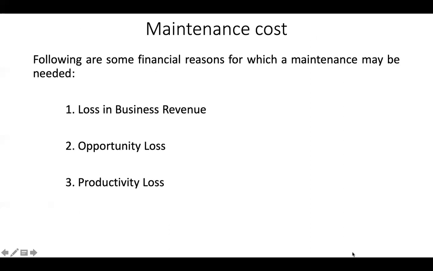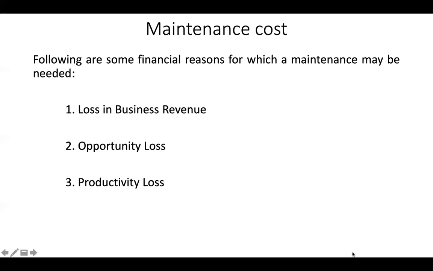Having seen the categories of maintenance, now let us move on to the maintenance cost. Before knowing some financial reasons for which maintenance is needed, I would like to tell you what we mean by maintenance cost. The software product is very valuable to any organization if it uses it for a large portion of daily business. If for some reason the software product becomes unusable, the organization will make a lot of losses and lose revenue. So software products are very crucial in any large enterprise. We have to remember this.